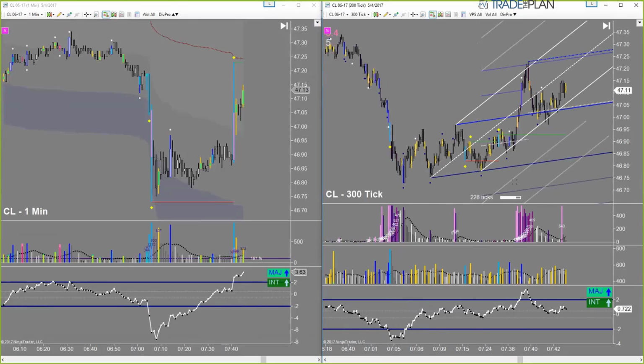Yeah, see there's the upper median line where the 100% warning line intersects it. The 100%, so the width of the channel added to the top of the channel, that's the 100% warning line of the channel. And then the upsloping upper median line, they're both intersecting right there. That's where we would have liked to have gotten in, but you had